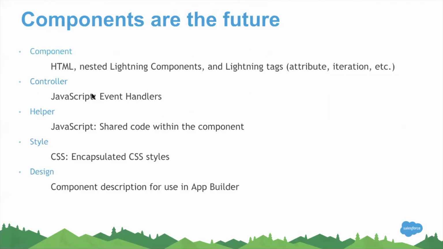And the controller is where you handle your events. Say for example, you have a form with three input boxes, and upon clicking on a button called save, you need to access all the data that you have entered on the form. So through the JavaScript controller, you can access all the data that is entered in the UI. And if you have any reusable logic that can be invoked from your controller, you can use helper. The main reason why we have helper is because a controller method cannot call another controller method. So you need the help of a helper to call logic that can be used in multiple places.